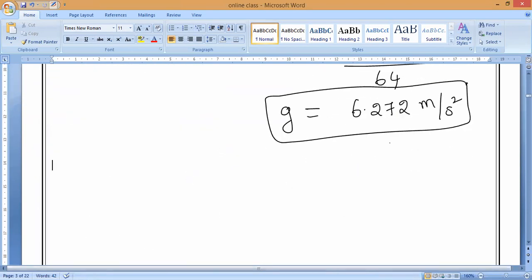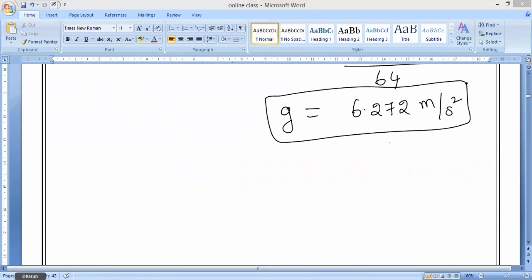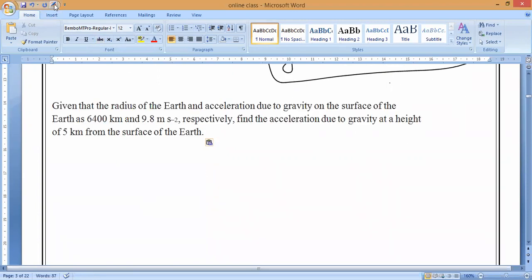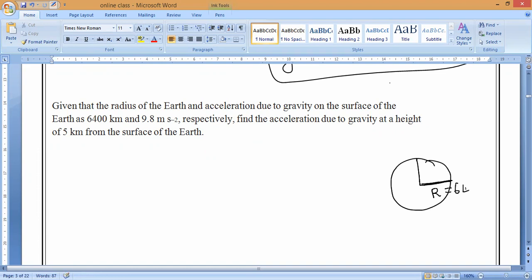Now, if the G value is extremely small, what do we have to use? Suppose like 5 kilometers. For example, I want to find, Yelmokil, Prados and all, you all people went for a trekking. Then you want to know at that place what is the G value. So it is extremely small. Is it yes or no? Just away from the earth. As we know, R is equal to 6,400 kilometers. Yes or no? So now you went a little height. H is extremely small compared to R. Then in this case we want to find.